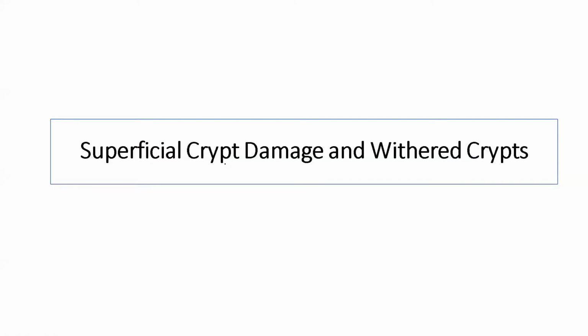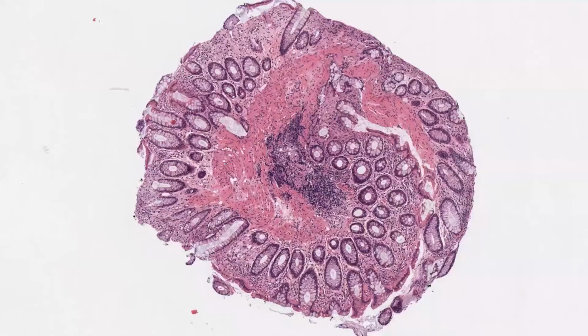And then this one, although it is not mentioned in the table of the cryptarchitectural distortion, to my eyes is still a cryptarchitectural distortion. This is what we call superficial crypt damage and weathered crypts, which is a very specific feature for ischemia in ischemic bowel. What it is, I just will show you how difficult it can be in a biopsy to decide on ischemia,